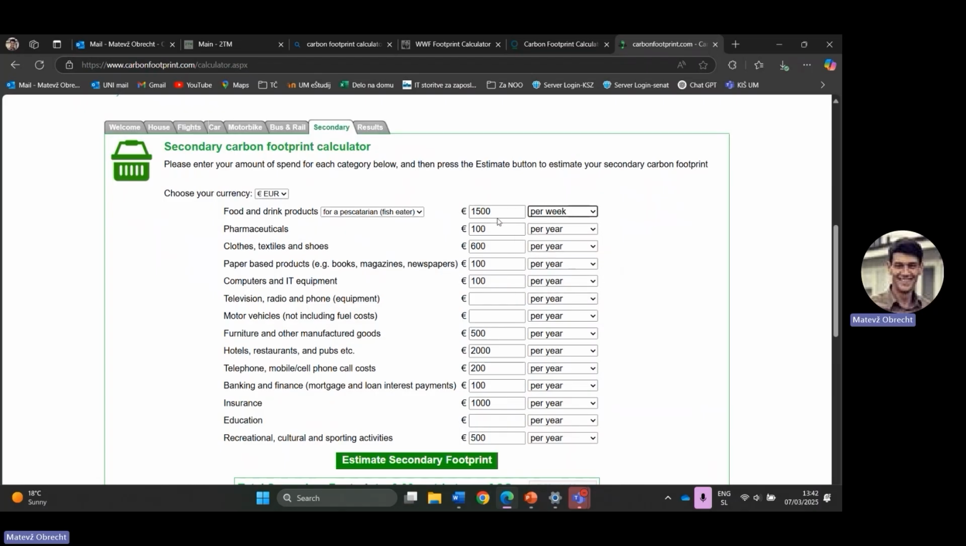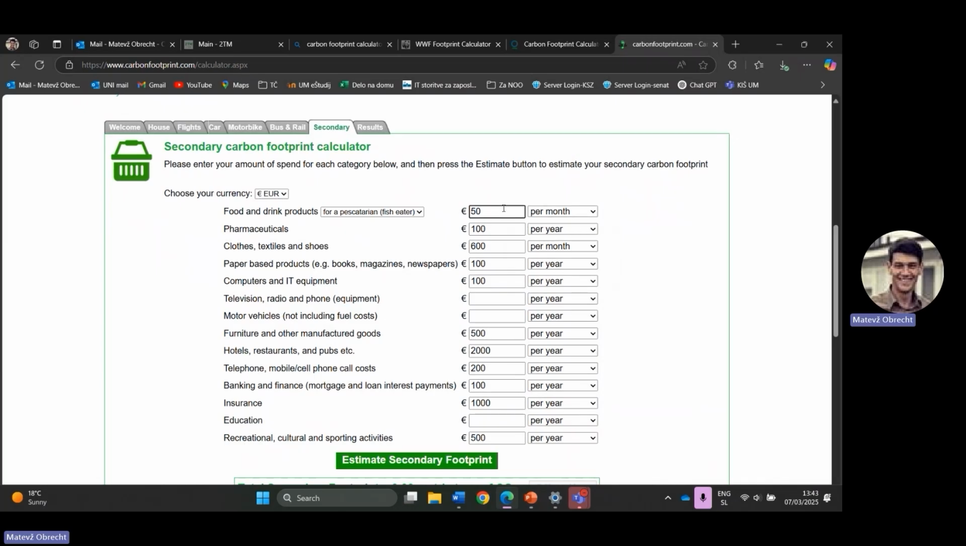It will calculate it for you. So let's do like 50 euros per week. Then you have pharmaceutics, how much you spend for clothes. For example, in the previous calculation, we have the amount per month. So let's do it like that